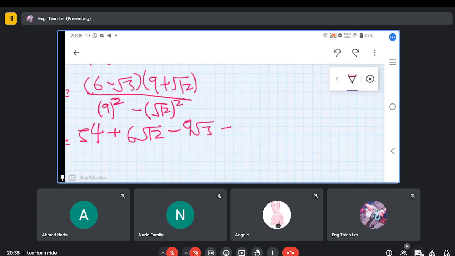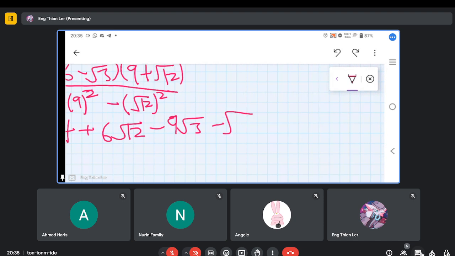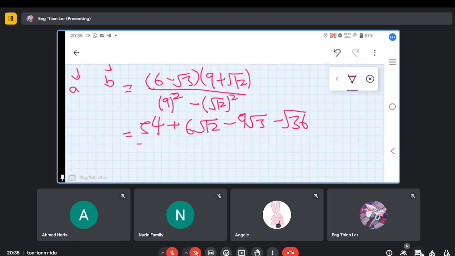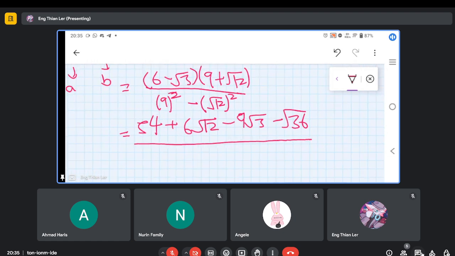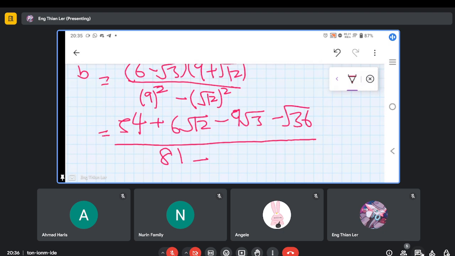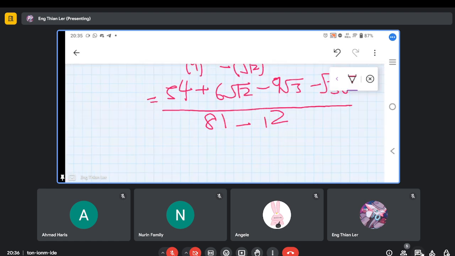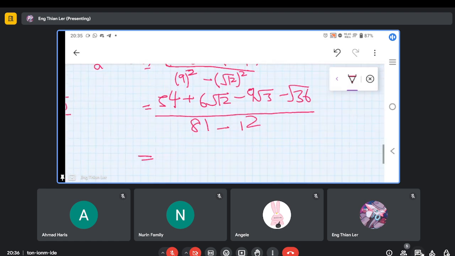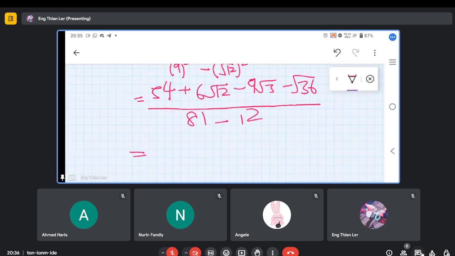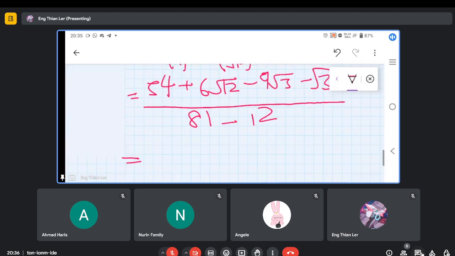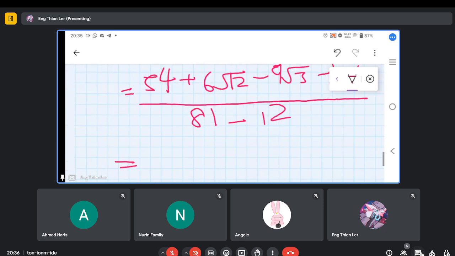Minus sub 36. And then over the 9 square is 81, and then square root of 12 square is 12. So now we simplify. This is 6. And then the 6 sub 12 can be written as 54 plus 6 sub 12. And 12 is 4 times 3, right? So we can write it as